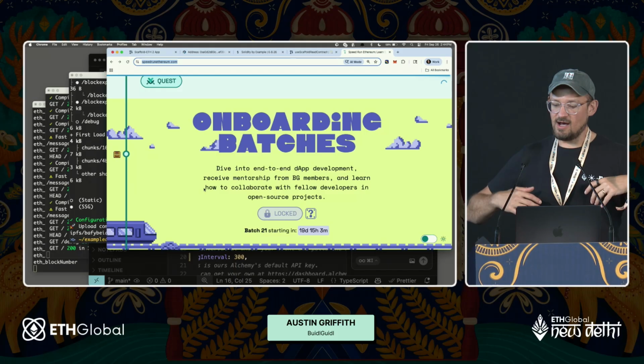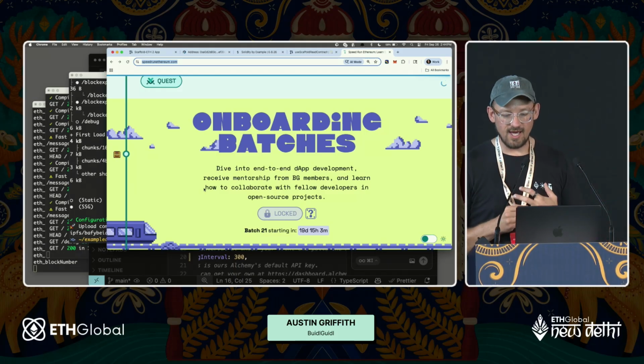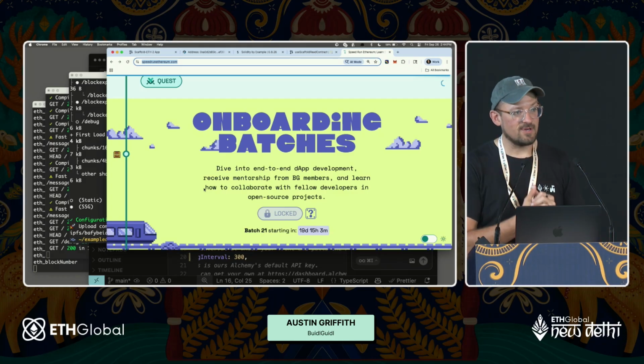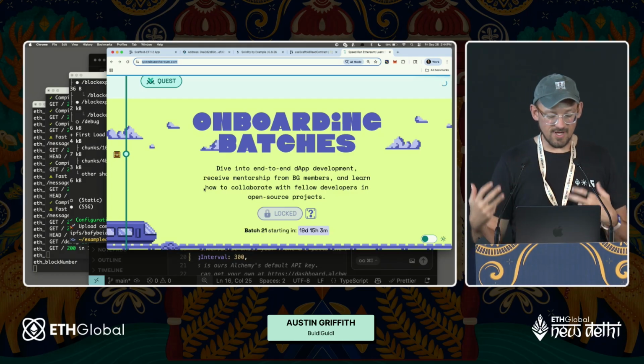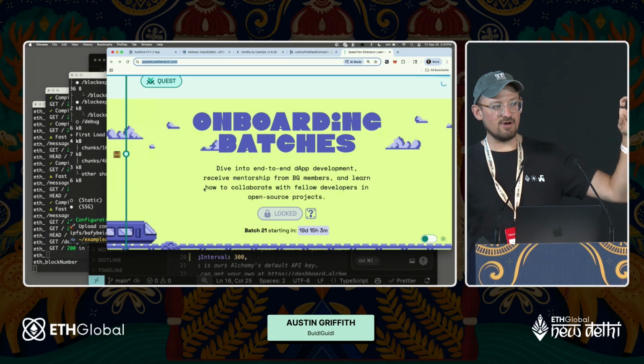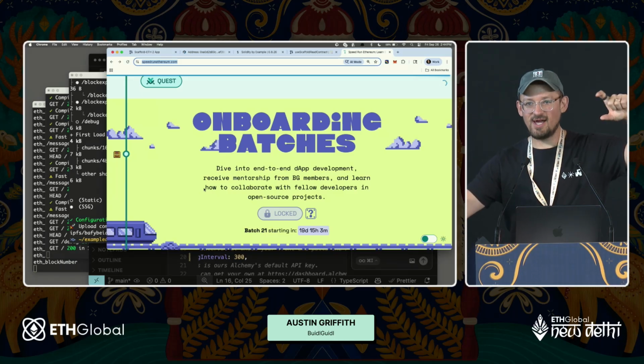Okay, so after you finish that at the Build Guild, we have onboarding batches. We bring you into a Telegram group. We teach you how to make a PR. We teach you some Git etiquette. We give you some more challenges. We even have a smart contract that we deploy, and then you deploy a smart contract that withdraws from